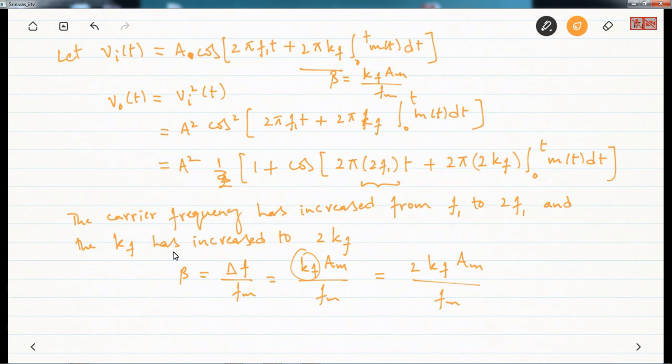So the kf has increased to 2 kf, increasing beta to 2 beta, because previously beta is kf am by fm. Now the kf has become 2 kf, so beta has become 2 beta. So that means the carrier frequency has become doubled, and the modulation index beta has also doubled,